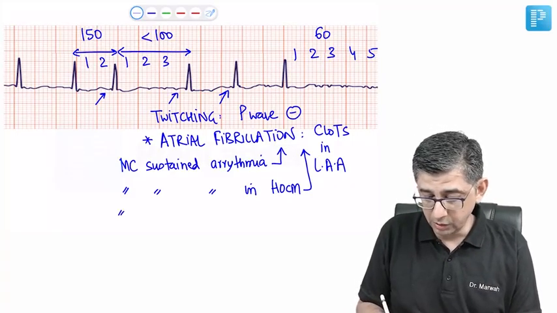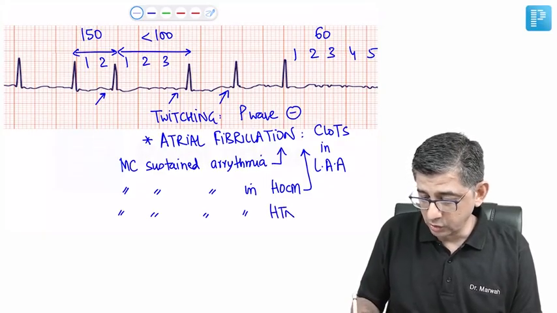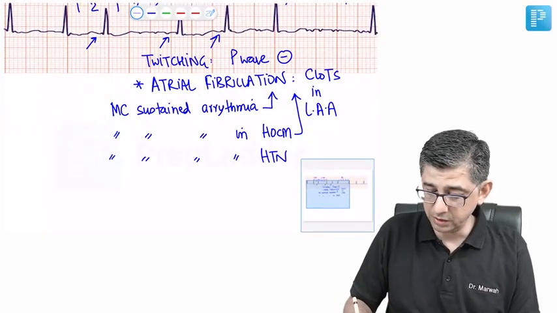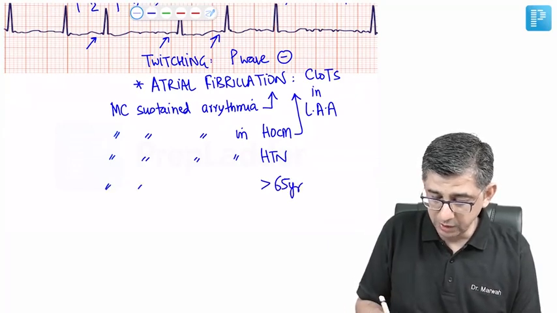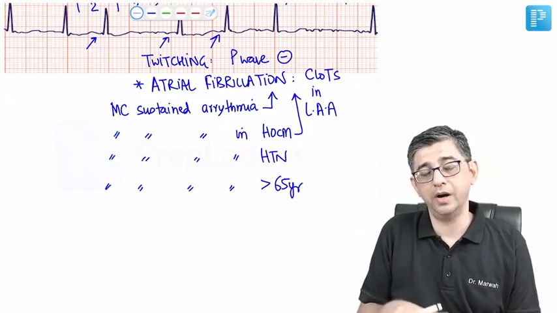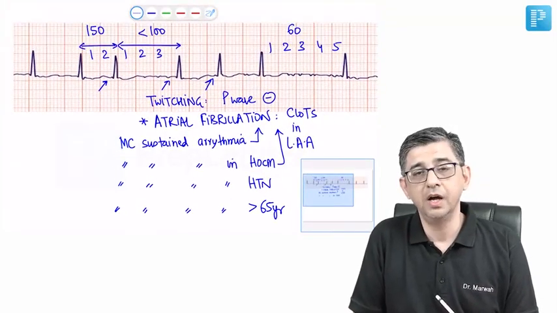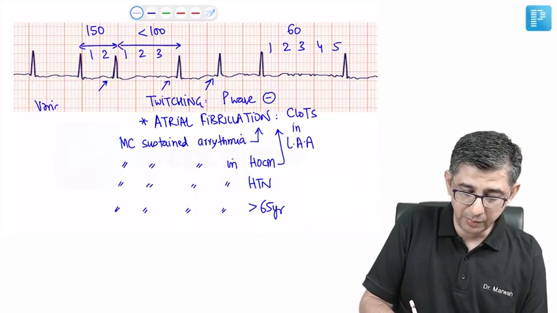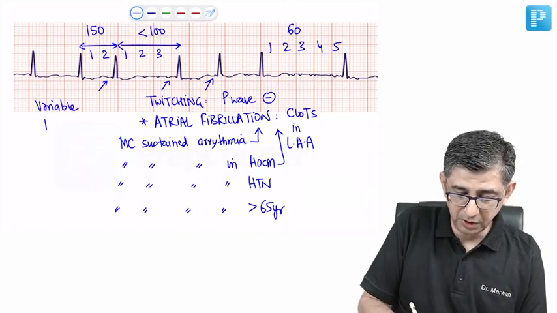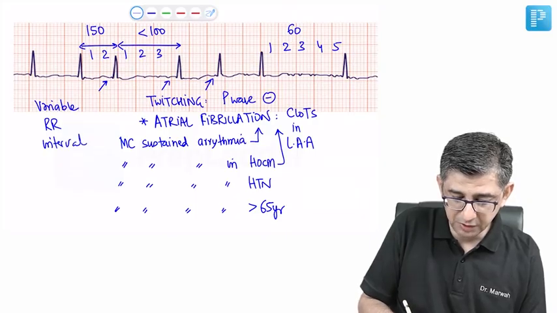Even if he says what is the commonest sustained arrhythmia in hypertension patients, or if he says which is the commonest one in geriatric age group patients, in all of these situations, the commonest arrhythmia overall in clinical practice is what I have just shown here before you, where you would be having a variable RR interval once again, but there is absence of the P waves in the patient, and lots of time to describe the physical finding of